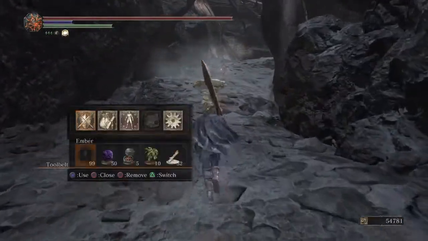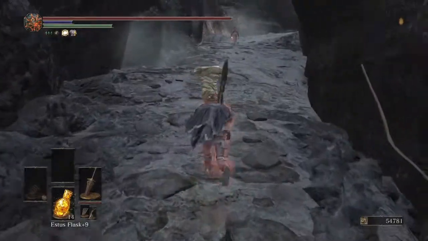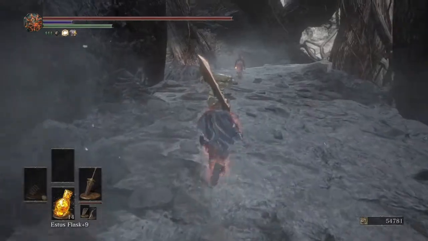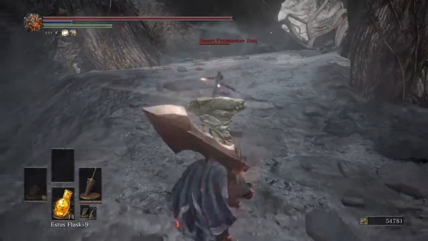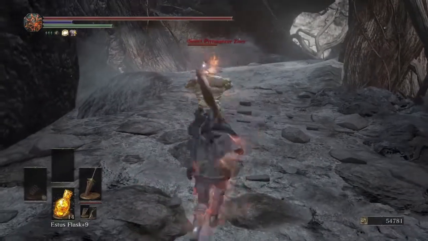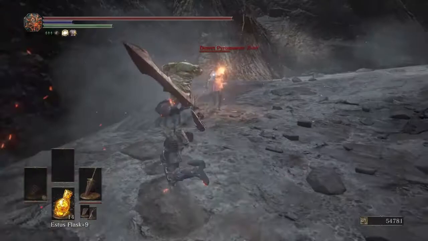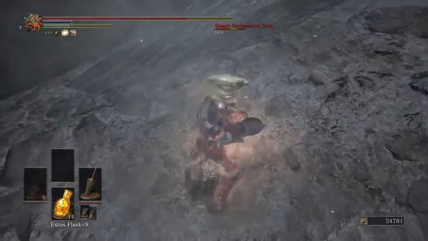Alright, now let's take her on. She is actually kind of hard, so heads up on that. I might need to switch to a faster weapon. I'm not sure yet. I don't have a lot of experience using big swords like this, so I just got a whip and pyromancies. And she does quite a bit of damage, and she's good, so